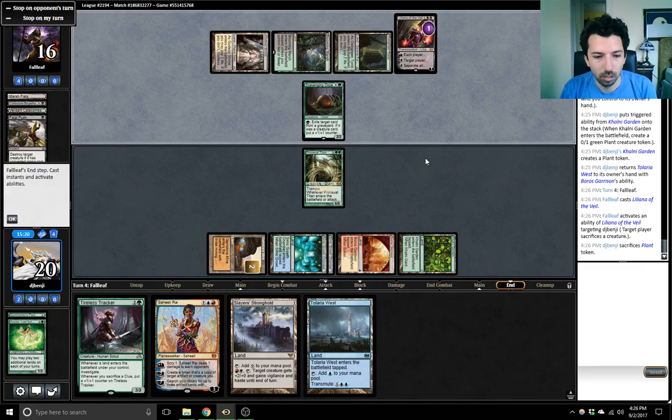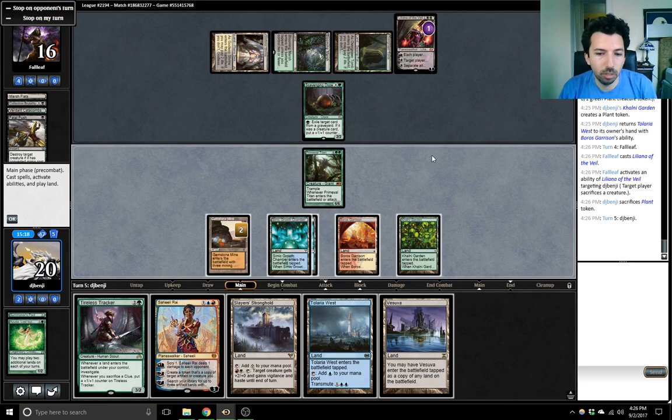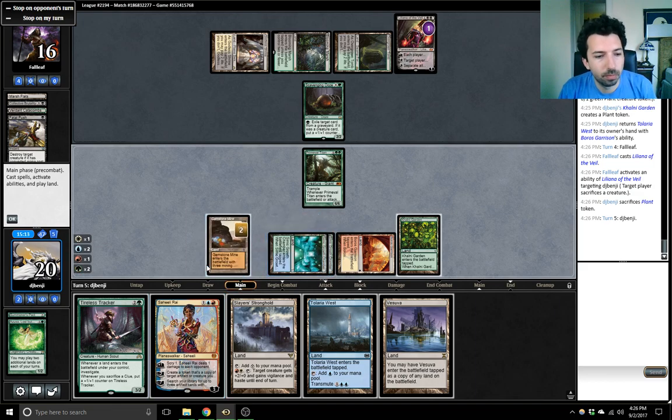Okay, so here, on tap. This could be a pretty good turn for us. We can transmute. Do we have enough blue sources? Not to do both just yet, but